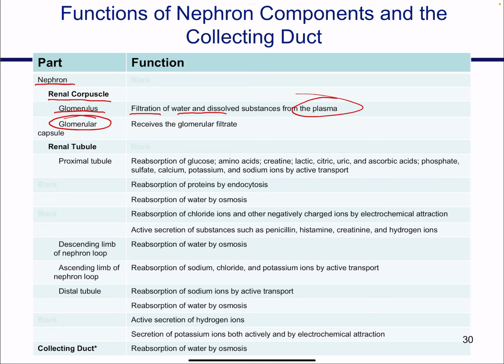The glomerular tubule is going to receive the filtrate, and that filtrate is the primary urine, right? In the capsule, we're going to have the primary urine that is going to sit in this whole area. Then we have the renal tubules. In the renal tubules, we're going to have the proximal tubules, the distal tubules, the descending loop, and the ascending loop, right? They're all going to have different